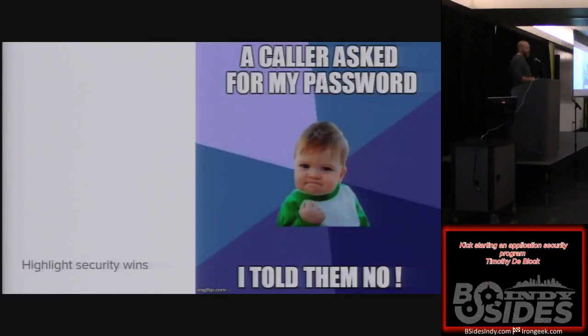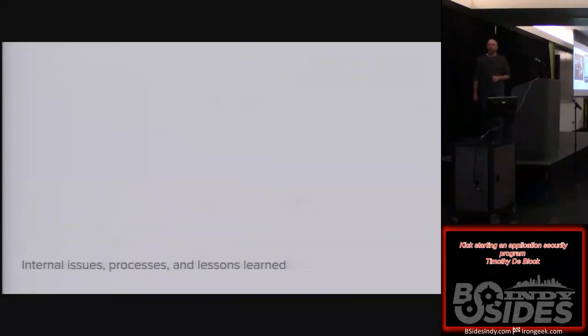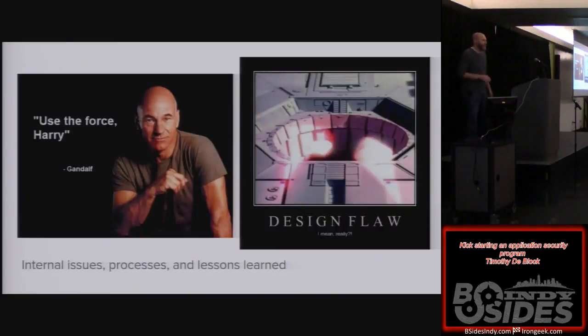I also brought swag to highlight security wins. In security, we're going to bring a lot of bad news and a lot of things they're doing wrong, so we want to highlight security wins, big or small. Are they using a tool in their development lifecycle that has a security aspect? I would highlight that and say, that's awesome. Or did someone find something in code? I had a developer who's using a YubiKey. That's awesome. I want him to use a 32-character password for his network password. I think that's great. We want to highlight these wins because we're going to have hard conversations with them.